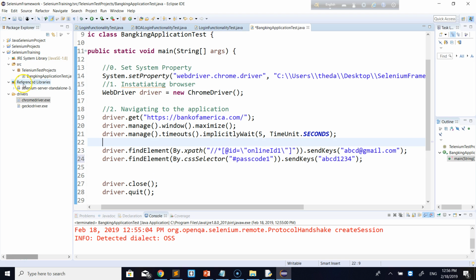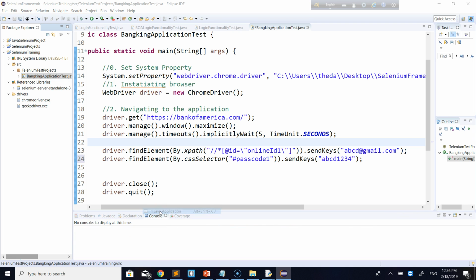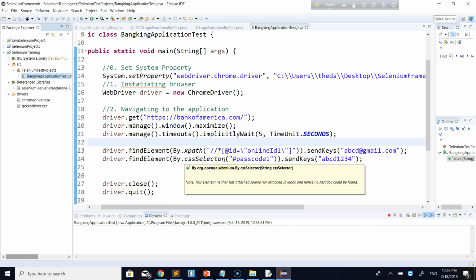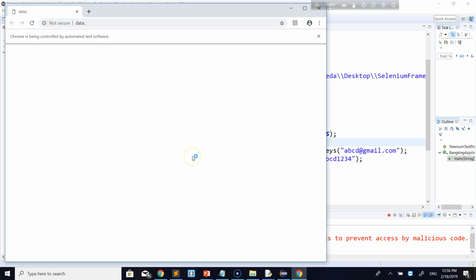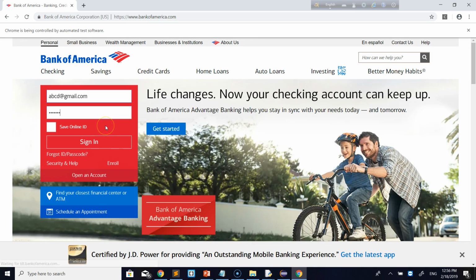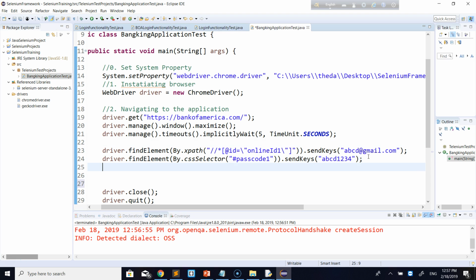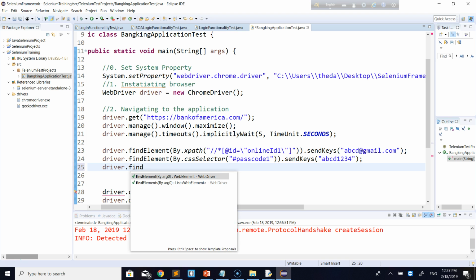And we can run also from the class level. Where is our class? Class is this one. Right button click, and I click on Java application, and it's going to be executing our test script. Navigating to Bank of America, passing the parameter, and it didn't click because yet we haven't done it. I said driver dot find element by